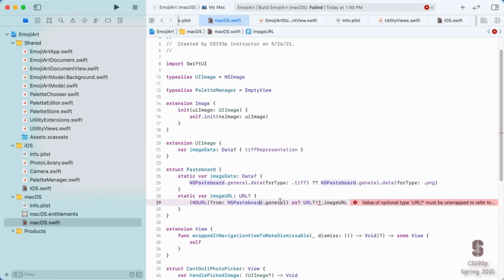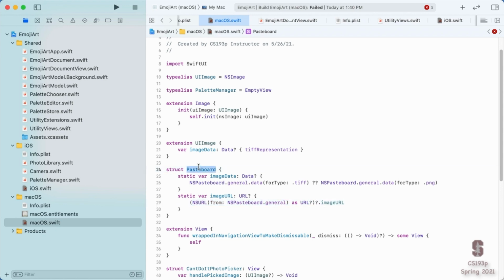It's quite different on the two platforms how to do this. Looks like I might have, oh, this does not want to be as question mark. The reason this is not as question mark, by the way, is because NSURL can always be ased to URL. These two types, URL and NSURL, are bridged. So you never do have to do as question mark there. This is a guaranteed conversion here. And this is an optional NSURL, and this is an optional URL.